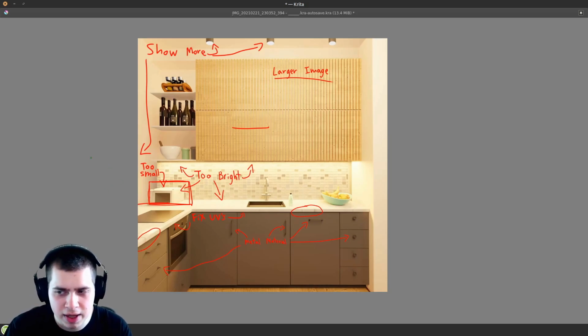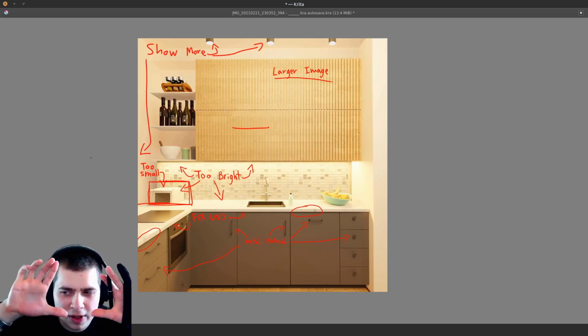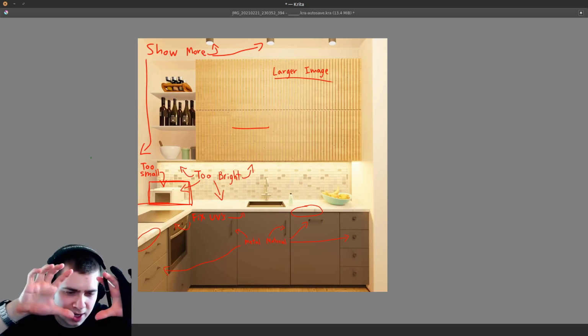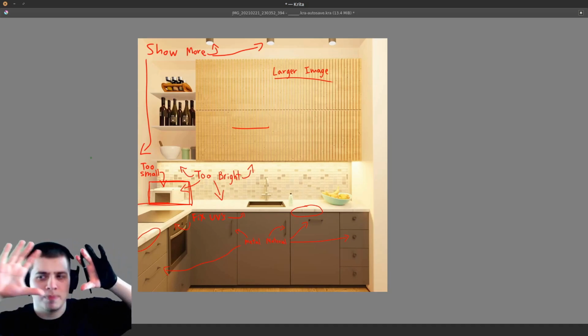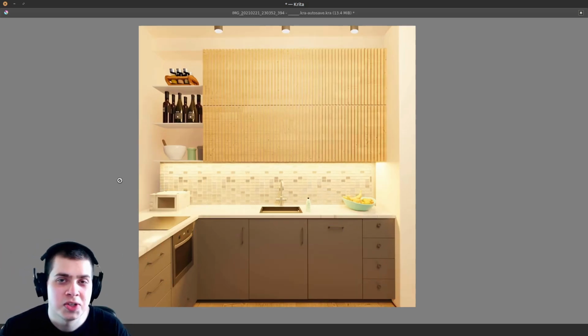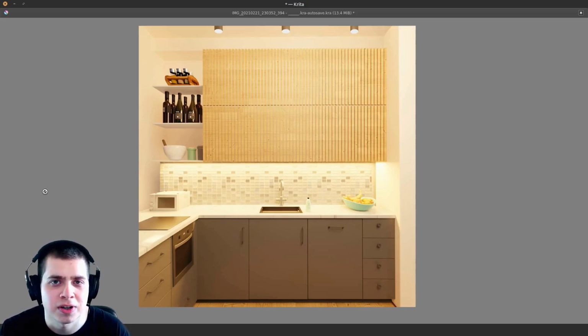Because right now I just kind of feel like I'm only seeing a very small part of the kitchen. I feel like I'm stuck in a box or something, and I just want to be able to see more of the scene. So that's what I would do to improve this artwork, but this is really cool and it's pretty photorealistic. Photorealism definitely is a hard thing to get right, so this is really quite good. So thank you for sending in this artwork.